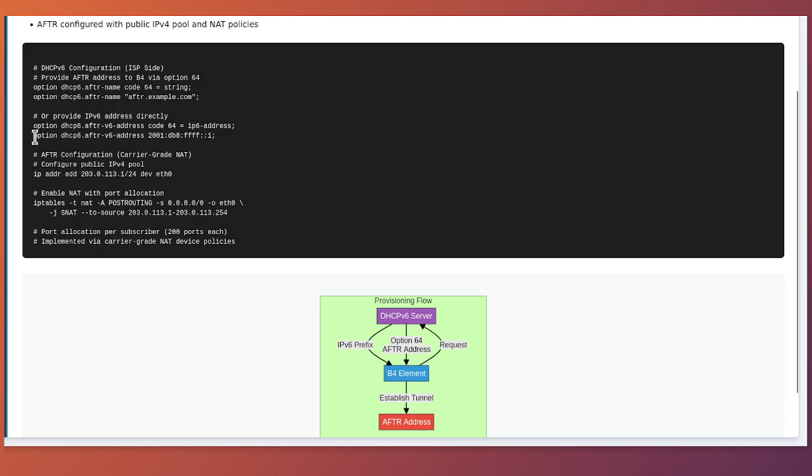This allows for centralized management and easy updates if the AFTR address needs to change. On Linux-based systems, DS-Lite functionality can be implemented using the IP command and network namespaces. Creating a DS-Lite tunnel involves several steps. First, you configure an IPv6 address on your external interface using either DHCPv6 or SLAAC. Then you create an